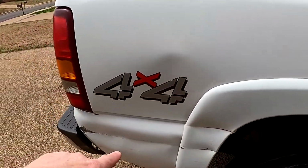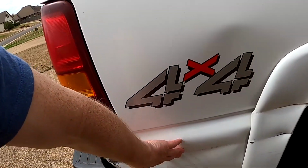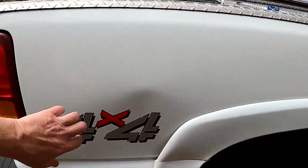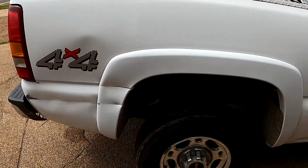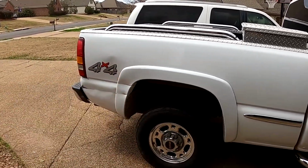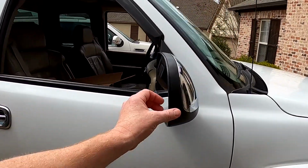They also did this. There's actually a break in the metal right there. This is all one metal piece, and that's good solid metal. To replace that would be about probably $2,500 to $3,000, so I'm probably not going to replace that. I'm not going to put that much money into a truck that's that old, but I'm going to replace the